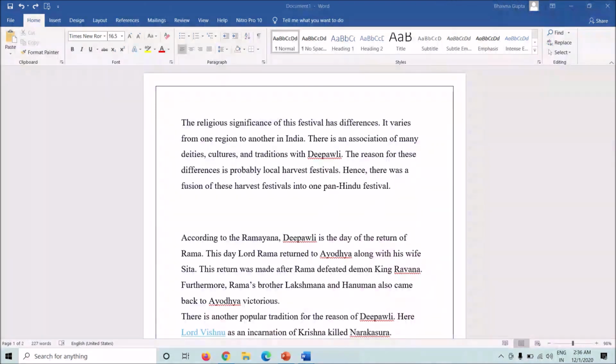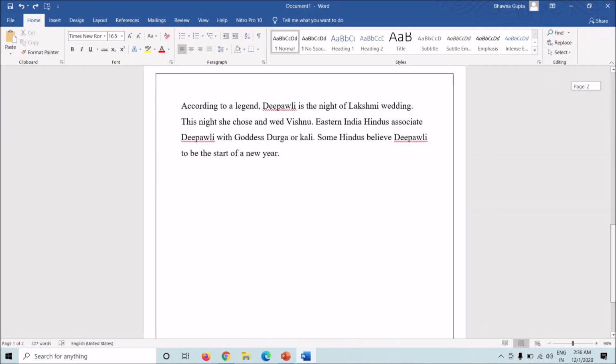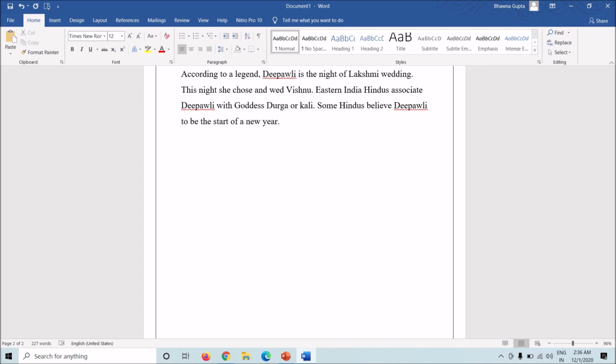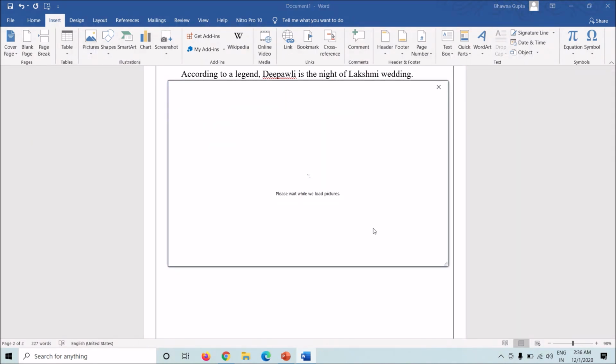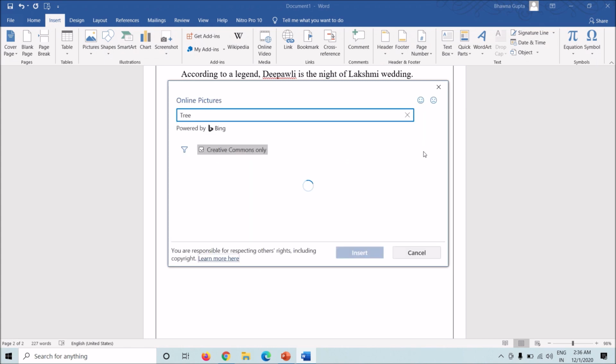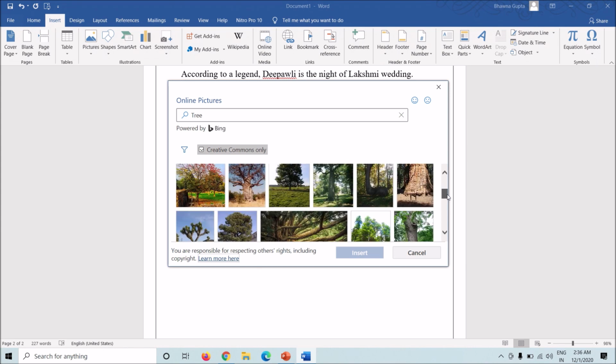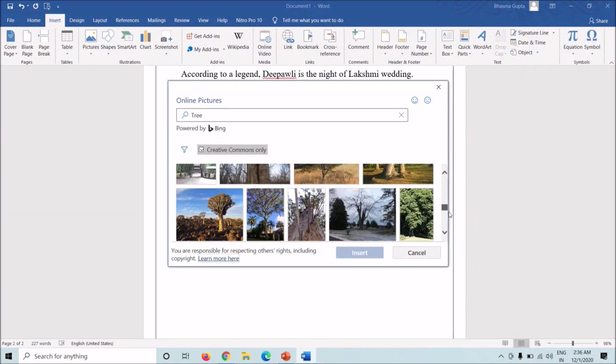Now as we move forward, I'd like to show you how to add images to the Word document, which might be a good use. It's pretty simple. You just have to go to insert pictures from this device or online picture. I'm going for an online picture. So I have to wait, of course. Now you can search Bing for, supposedly I want a tree in my document, and it will show you the images of a tree, and you can choose a picture amongst them.